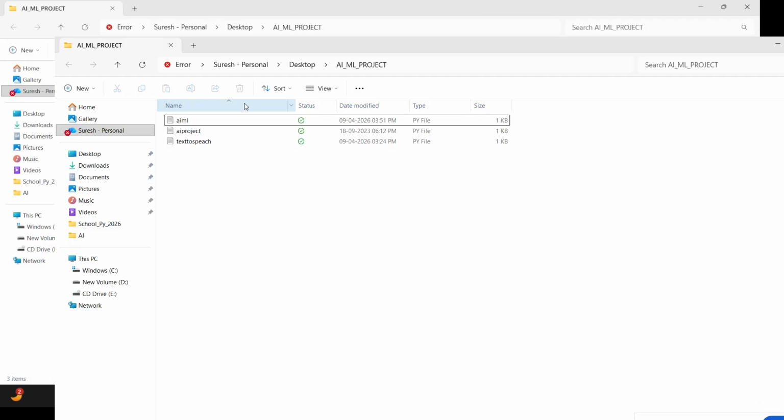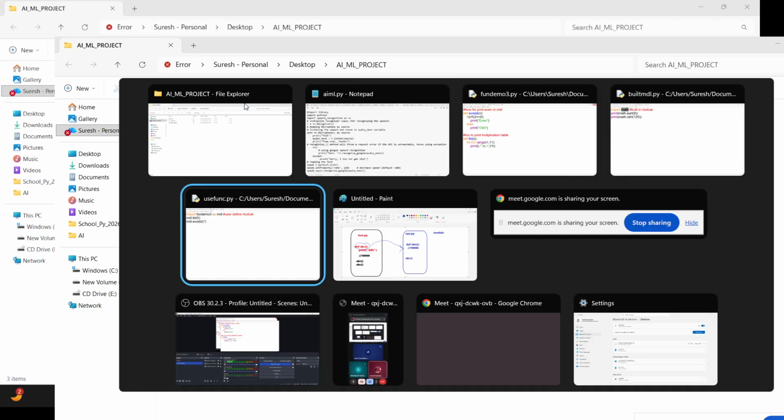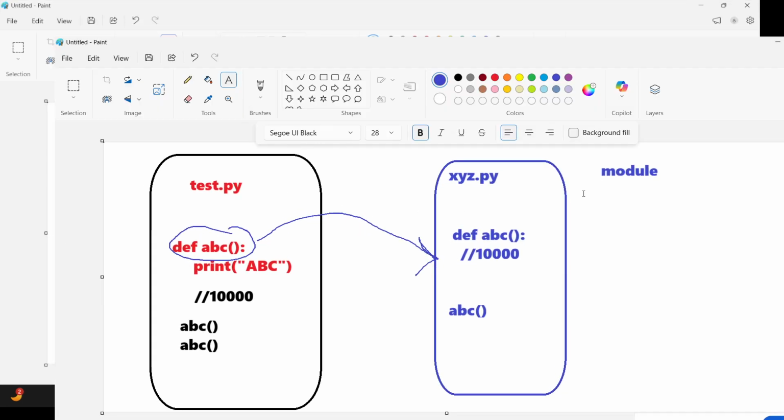Okay. The two types of modules we are going to see here. The first one we have seen, the user-defined module. Even we can use the built-in modules. The built-in module like math, we are going to see that, which is already available in the system.